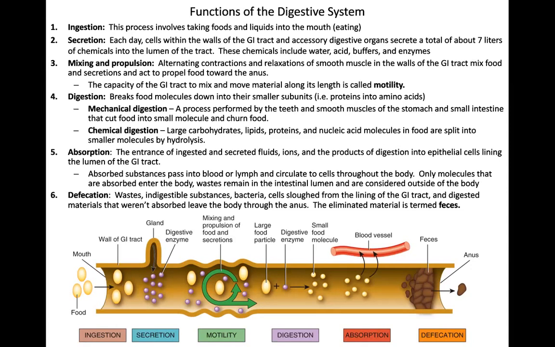Taking something big and making it smaller does not involve chemical reactions, which is what chemical digestion involves. Chemical digestion involves hydrolysis. Remember back at the beginning of the semester, we learned hydrolysis was where you break bonds, taking something like AB and breaking it down to A plus B. This is what's taking place in chemical digestion,